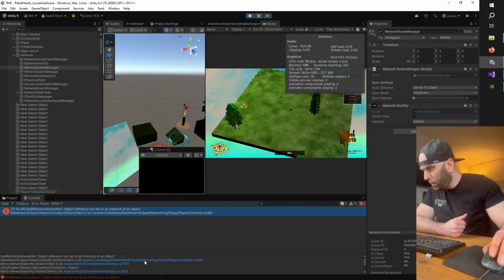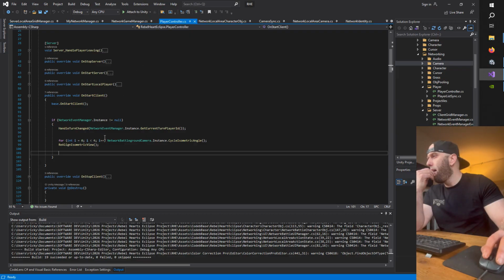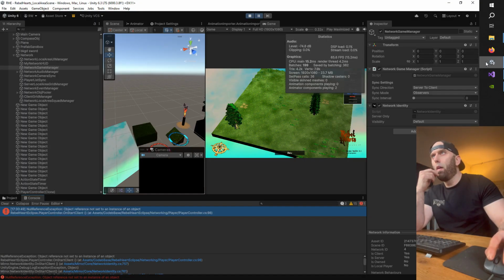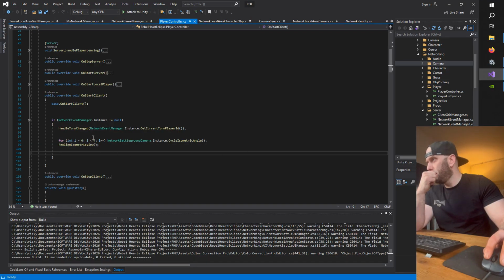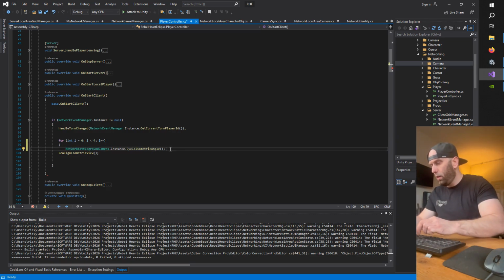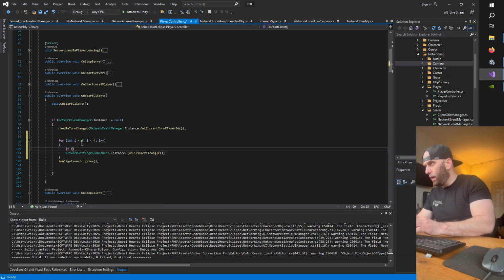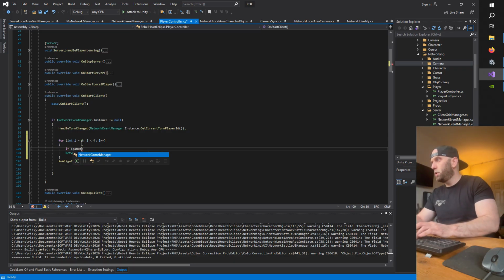What else we got here? Okay, let's clean that up. Do we do two for loops, two if checks in that for loop? So if game run it actually